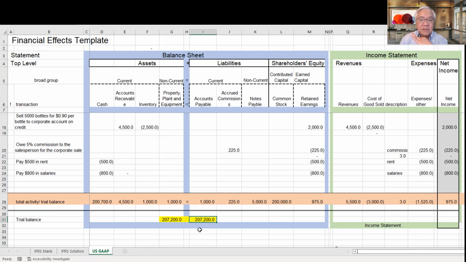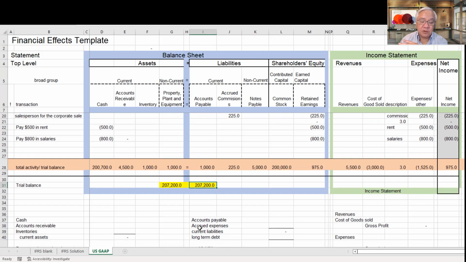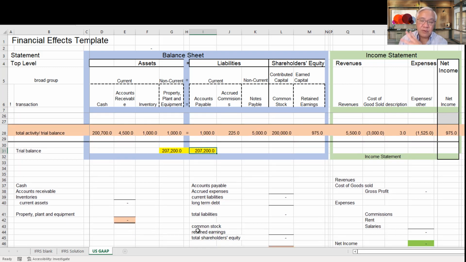We have transactions, we have a trial balance, and now we're ready to start creating statements. So the proper sequence is to start with the income statement and then go to the balance sheet. And the reason is we use the net income as part of the balance sheet, right? So let's just do it that way. And you're going to find that I'm not going to do a lot of extra work here. I'm just going to refer to numbers that we already derived from all the hard work we did before in